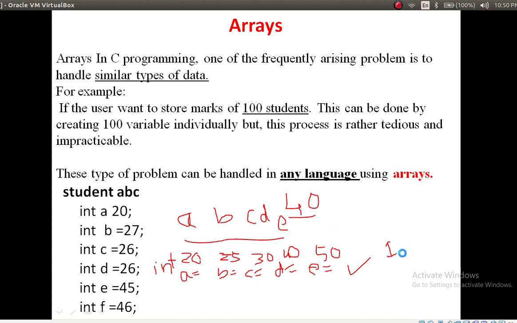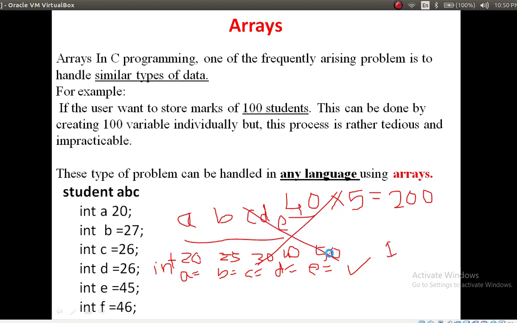Now what about the second student? In total how many students are there? 40. So for the second student, again you have to define different variables. How many variables? 40 into 5 subjects, a total of 200 variables you have to define to store your marks. Is it possible? No, it is not possible.